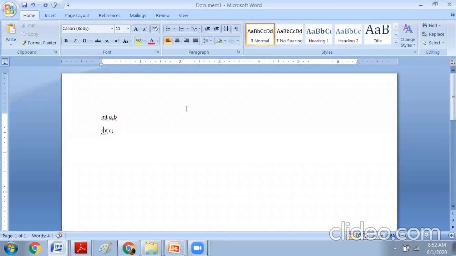So the synchronizing token semicolon is missed here. The next line is int c. First int is accepted, a is accepted, comma is accepted, b is also accepted. But after that, since the synchronizing token semicolon is missed, it will discard all the remaining characters i, n, t, c until the required semicolon has occurred. This type of recovery technique is called panic mode recovery.